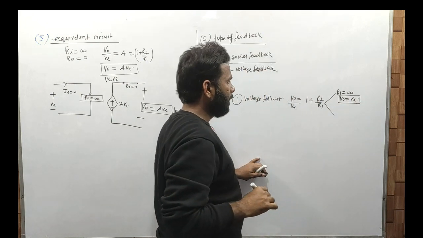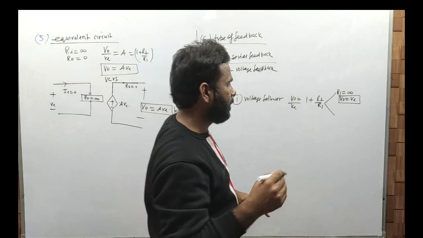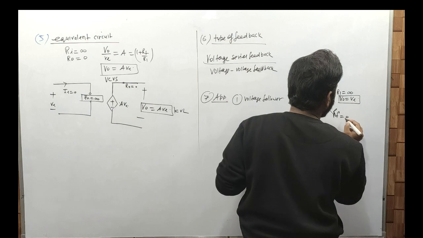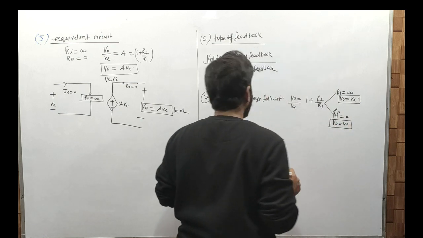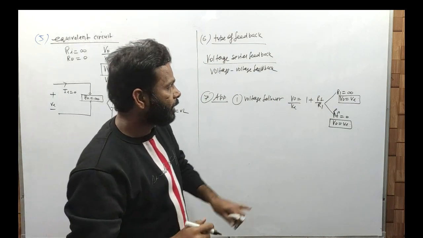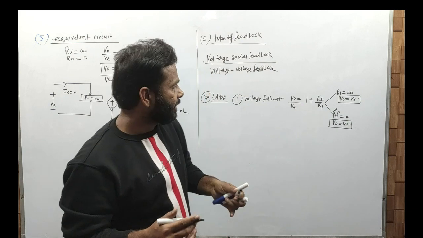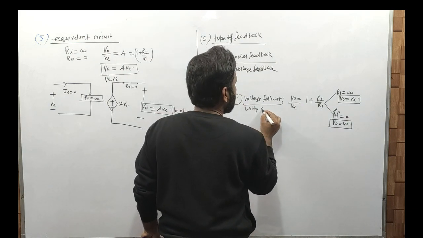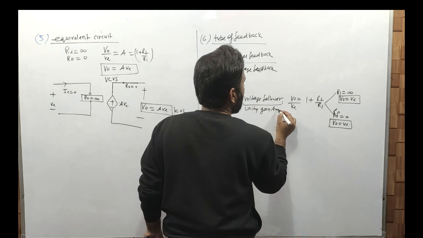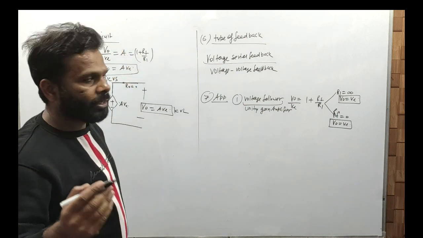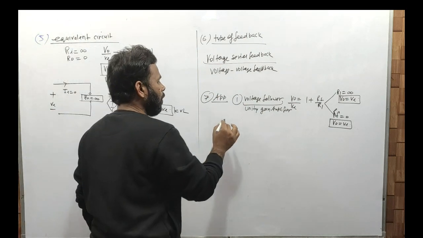Clear? Now if RF is shorted, the feedback resistance RF is 0, then V naught is also equal to VI. So a voltage follower is that circuit that will follow the input voltage and gives you unity gain. That's why the voltage follower is also called unity gain amplifier. ठीक है, तो पहला एप्लीकेशन तो यही है, नॉन इन्वर्टिंग ऑप एम्प मोड का। दूसरा एप्लीकेशन है एवरेजिंग एम्पलीफायर,